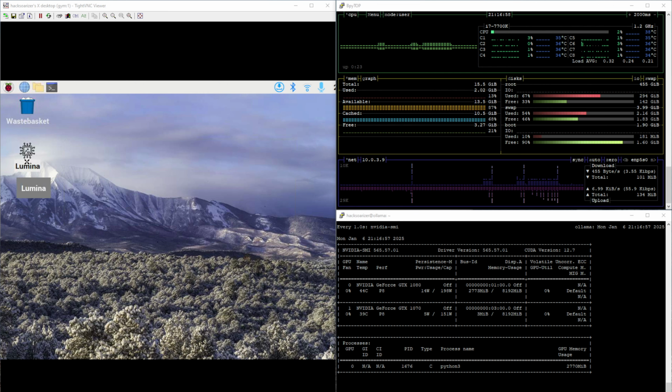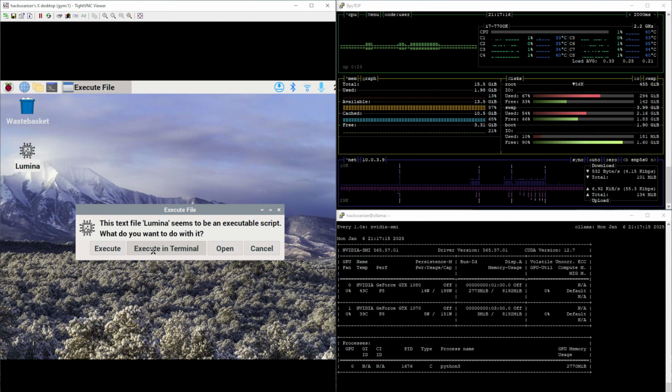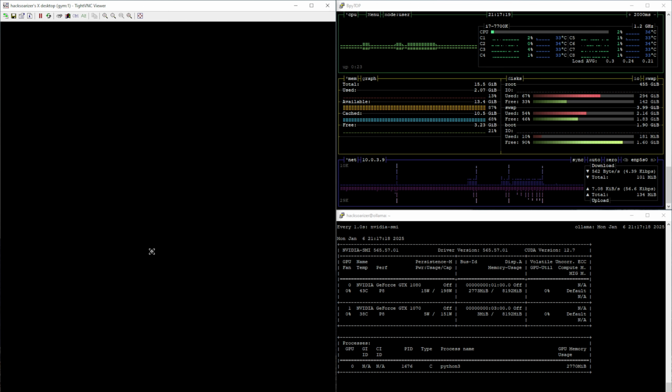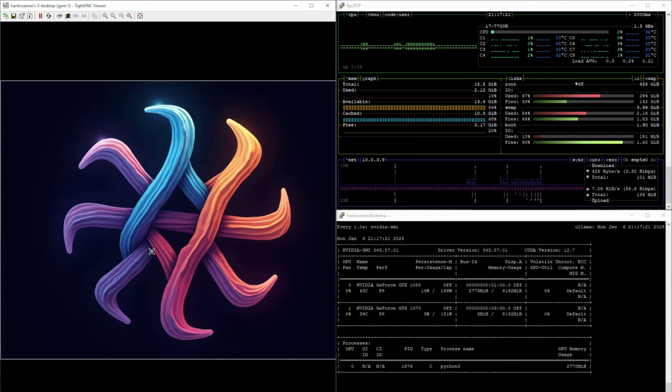So I'll show you how Lumina works, how it's supposed to work. It may take me 1 or 2 tries to activate Lumina because it's voice to text. It kind of waits for silence, and then it'll pick up when you say the activation word Lumina. That's one of the keywords. So it's gonna boot up. This is just the background. I changed the default background to this AI image that I had generated. But what I'm going to do now is I'm going to say the activation word, and then I'm going to give it the prompt